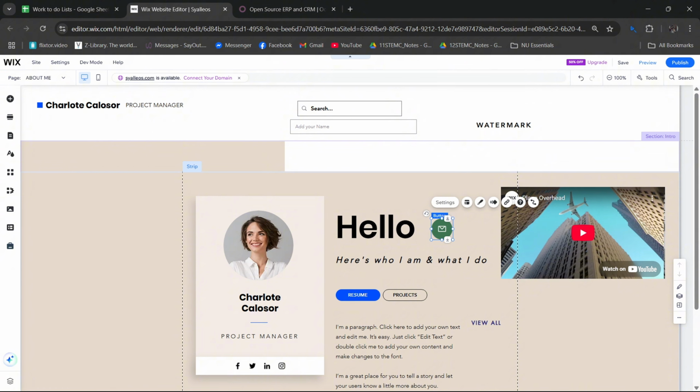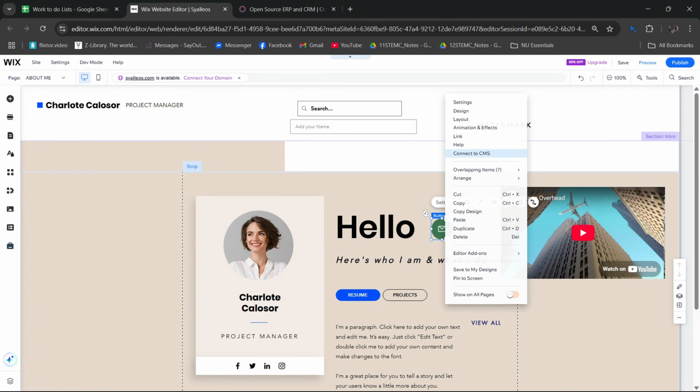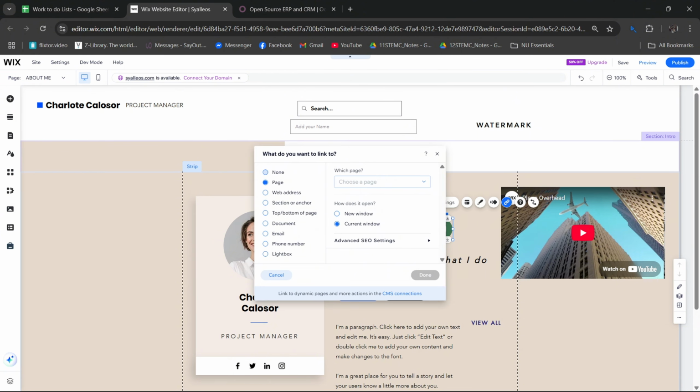After that, you are going to right-click it and click for the link. Make sure that it toggles on the web address and paste your web address URL on the text field. And make sure that it is already toggled on the new window when it opens. And after finalizing it, click the Done button.